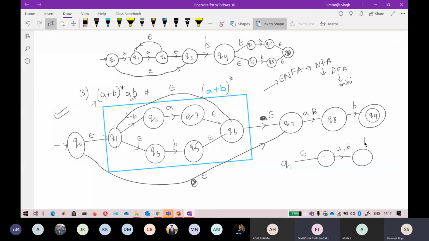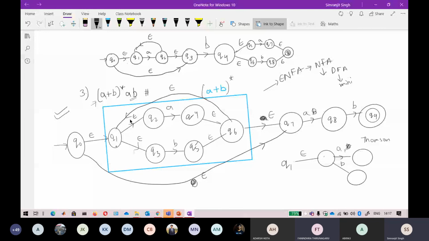That is not the Thompson construction method. Means a little bit of A and B separately. From Q1, an A separate path and a B separate path, sir. Yes, sir. Okay, like this. So it is already there.